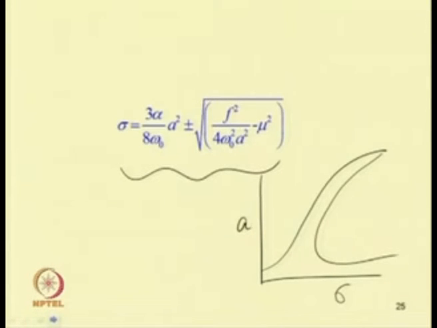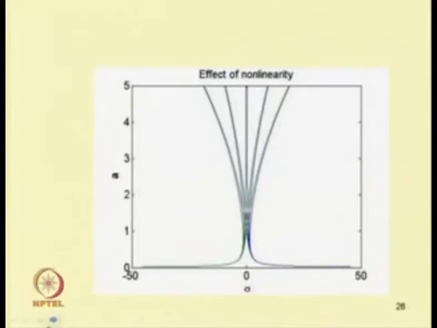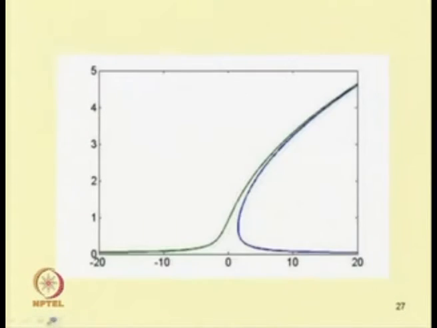The steady state response will be stable if the real part of the eigenvalue becomes negative, and it is unstable if the real part of the eigenvalue is positive. So, one can study the effect of nonlinearity. Here, by sweeping up, if it is supercritical, one can follow this curve. So, it will go up, but while sweeping down the frequency. So, this is A versus sigma. By sweeping down the frequency one can observe.